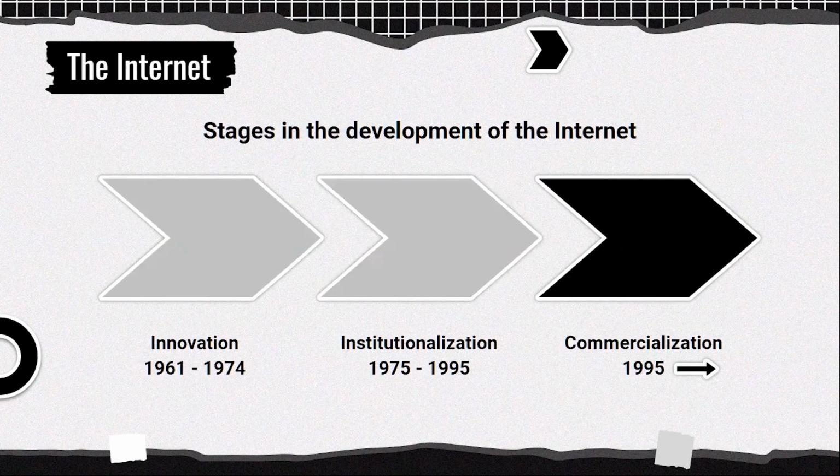Currently, we're undergoing a stage called commercialization. Right now, this stage is happening as we speak at this very moment, all right? Private corporations began to take over and expand the internet backbone, as well as local service beyond military installations and college campuses to the rest of the world. Right now, as I've said, commercialization is an ongoing process.